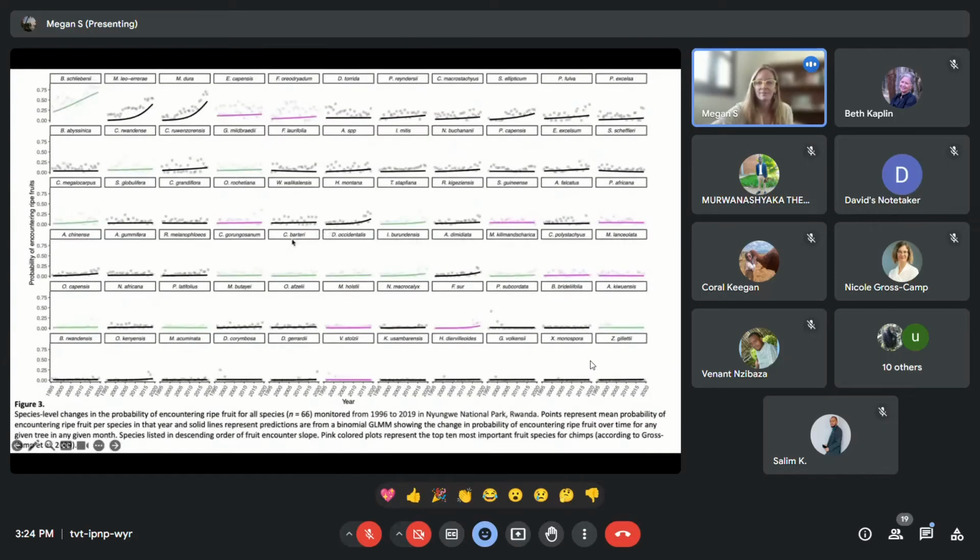I did look at the species-specific long-term trends of fruit production over the entire monitoring period as well. All of the black species here are species that are not eaten by chimps, and the pink ones are the top 10 ranked species of chimp fruit in their diets, and then the green ones are the rest of the species that are present in chimp diets but not in that list of top 10. And so just to zoom in on a couple of these here,